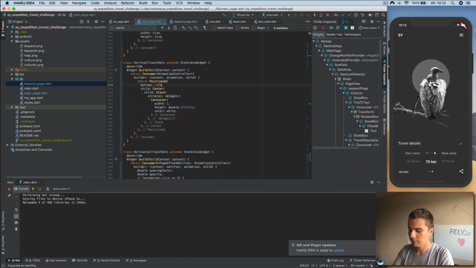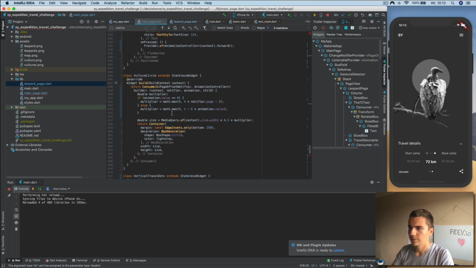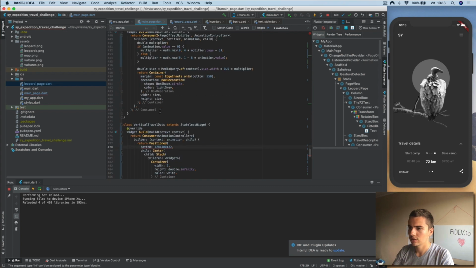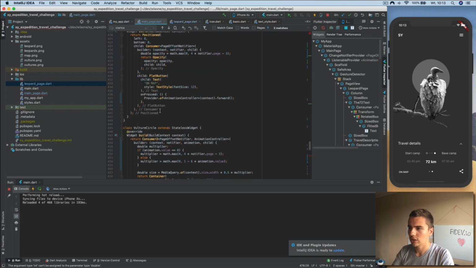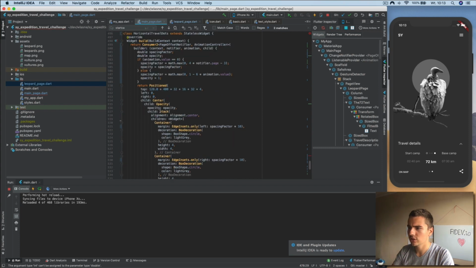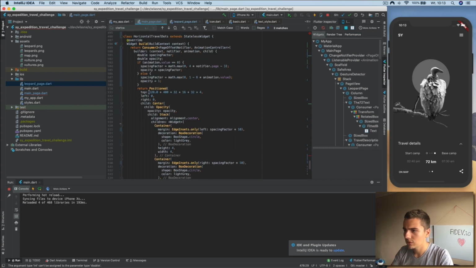The bottom is 128 plus 400 plus 32. Oh, actually, no, wait, the bottom is just the start camp position, right? So if we go to start, or actually just the vertical dots, the horizontal dots, we have,